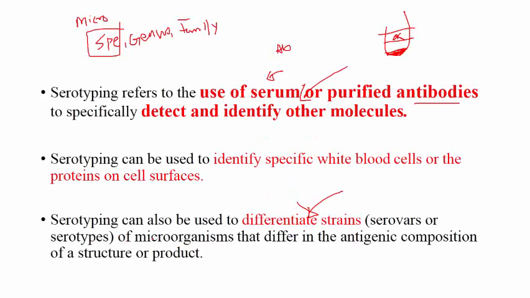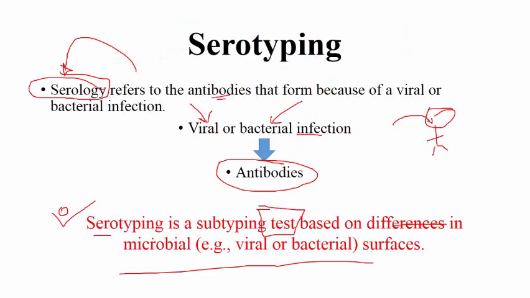So this is called serotyping, in which the antibody or antigen present in the blood serum of the patient can be identified, and diagnosis of a particular disease can be done. Here we are not identifying the microorganism. We are identifying the antigen or antibody which is present, and based on those readings, we assume that a particular disease is being caused by a particular microorganism.